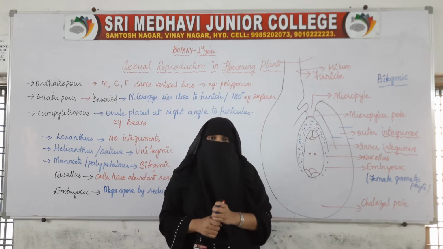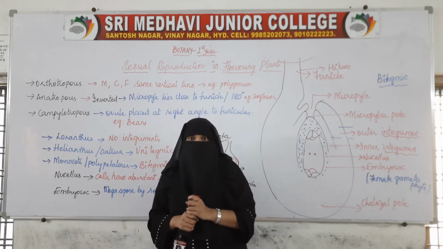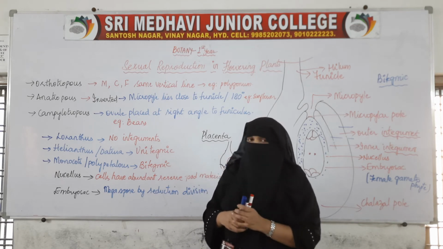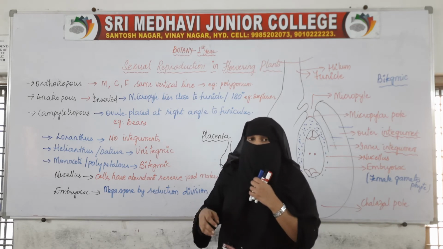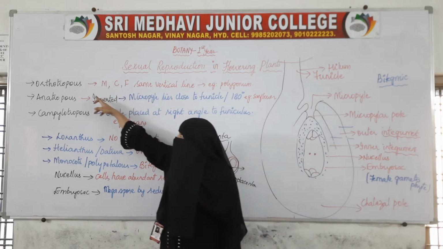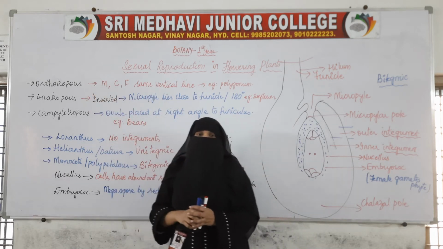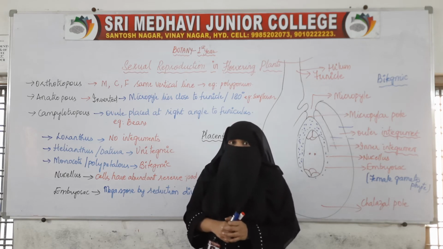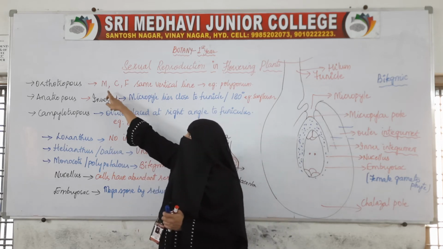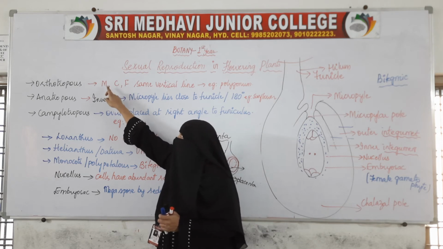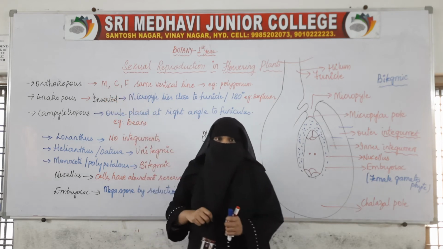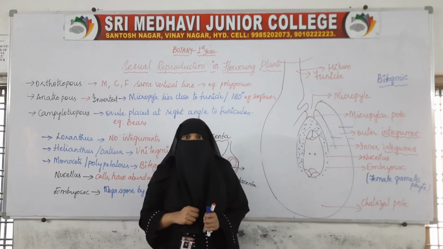But before we go to the process of megasporogenesis, we will see the different types of ovules. Here in the textbook, 3 types of ovules are given. The first one is the orthotropous ovule. In this type of ovule, all the 3 structures, micropyle, chalaza and funicle,